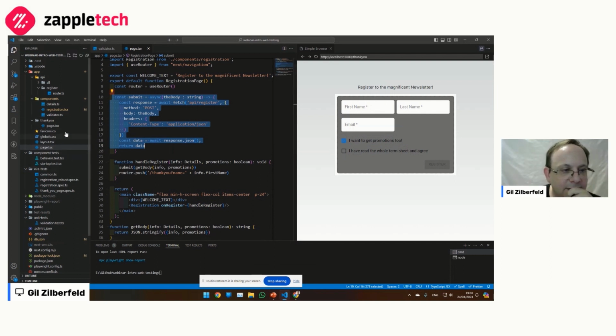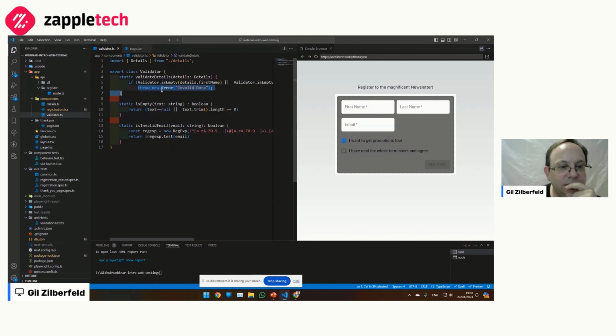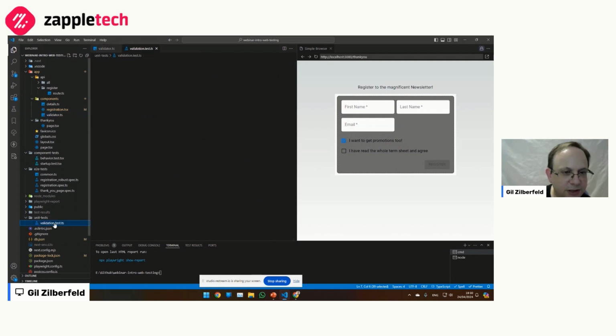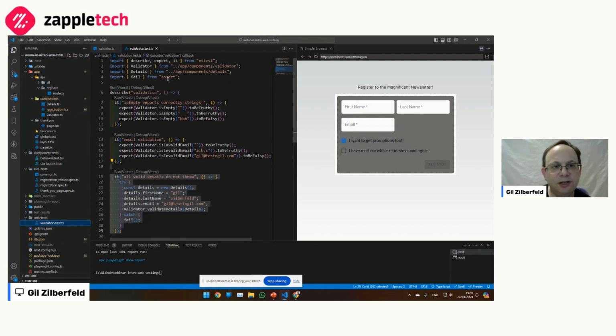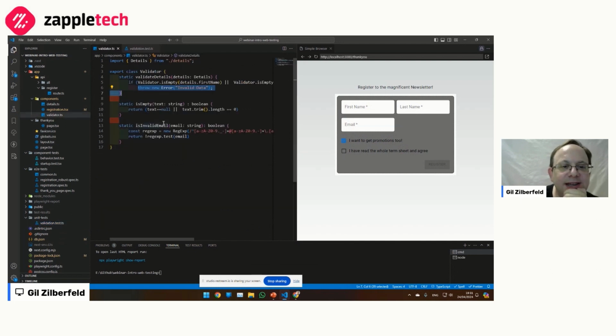So for the validation part, let's look at the validator. It's just JavaScript or TypeScript, can run anywhere, doesn't have any dependencies. So obviously a unit test will help here. I wrote a couple of them for validation. The cool thing about the unit test, though, is that I can check what the component calls before it sends the event. So this is a primary function.